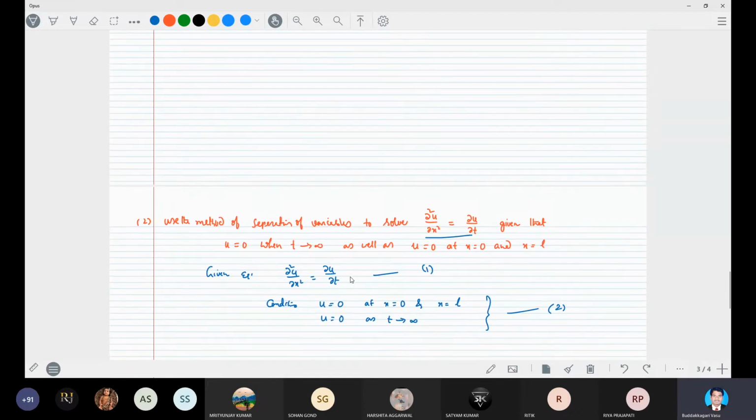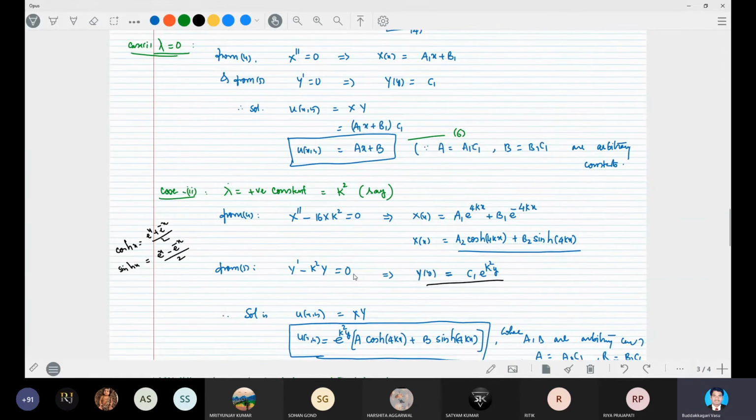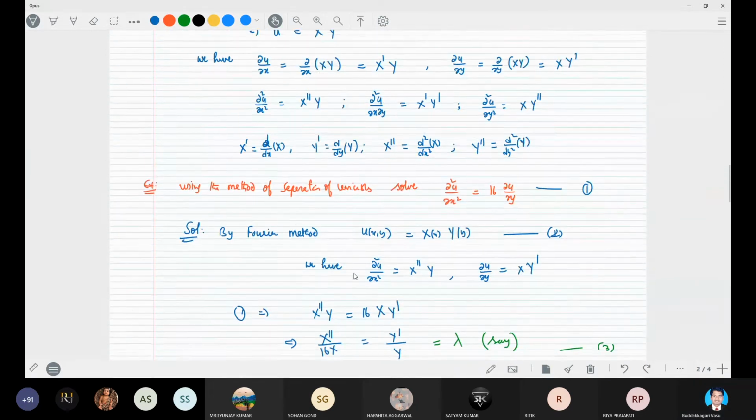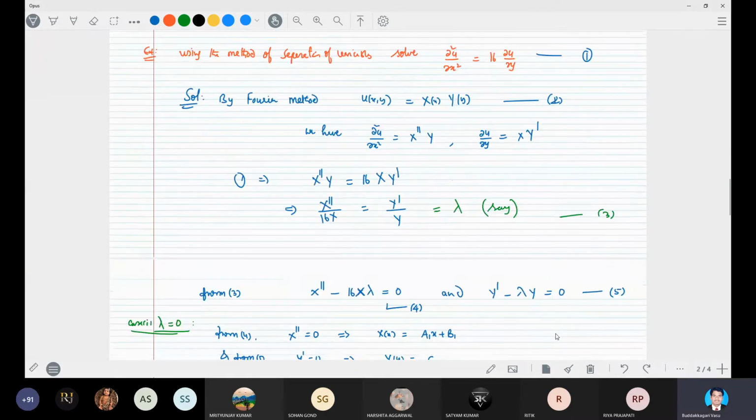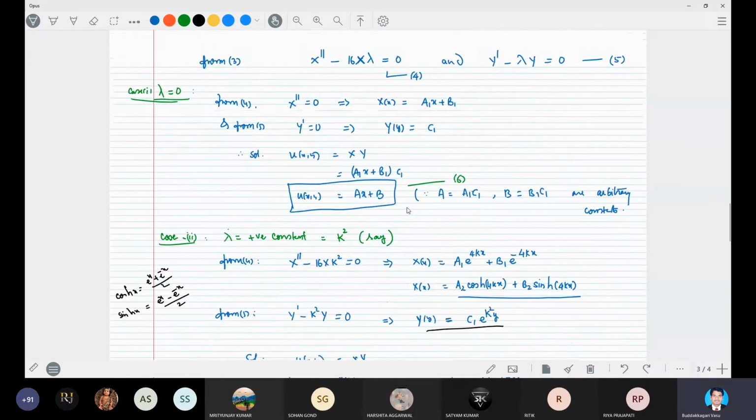Now, once again, we see the previous problem, where we solved this type of problem: dou square u by dou x square is equal to 16 into dou u by dou y. Here there is a t instead of y, and instead of 16 we have 1. By the method of separation of variables, we took u is equal to capital X into Y for that problem. For our problem now,